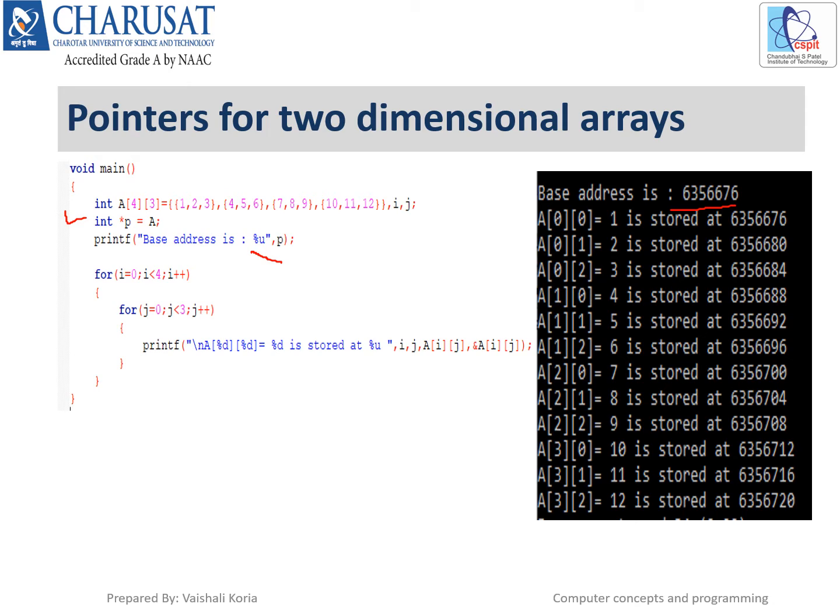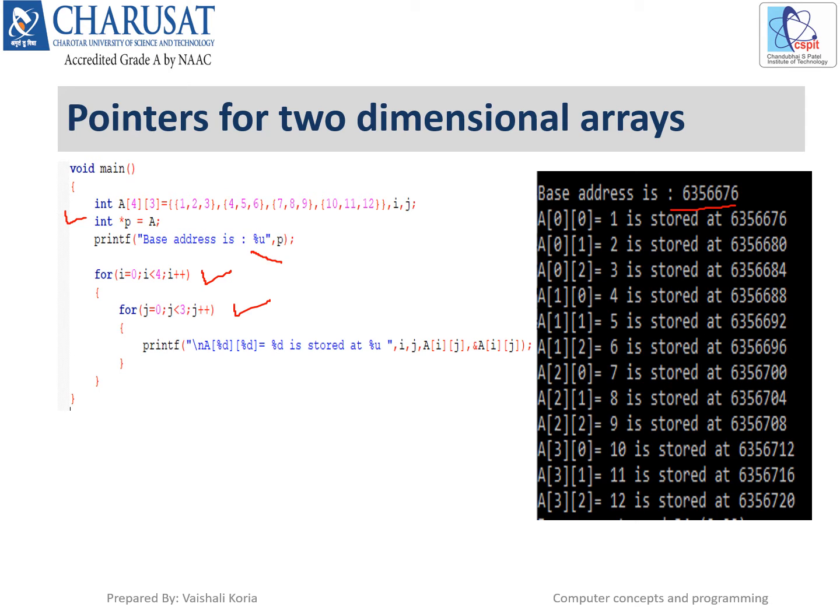As we know, if we want to access the elements of the two-dimensional array, we require two for loops, so we use the concept of the nested for loop. The first for loop is required to access the rows, and the second for loop is required to access the columns. The number of columns is the number of elements in one row, so if we say 3, that means in each row there are a total of 3 elements.